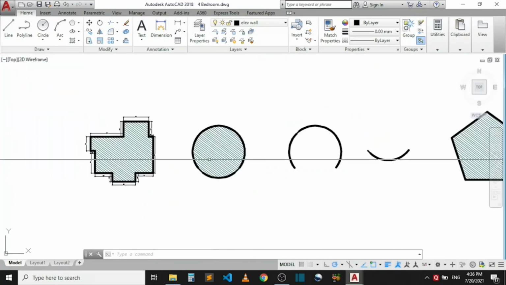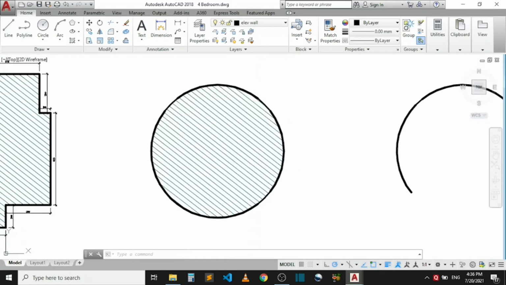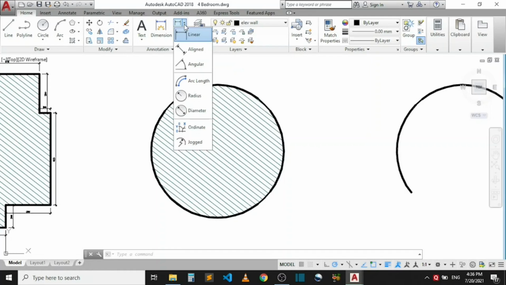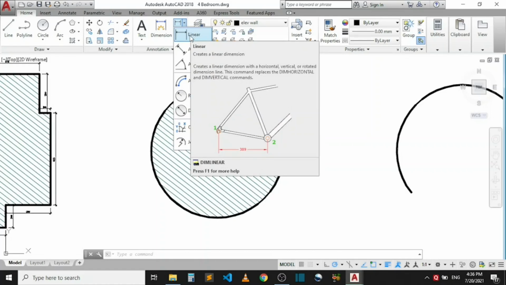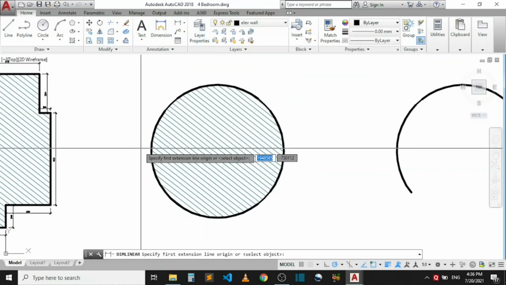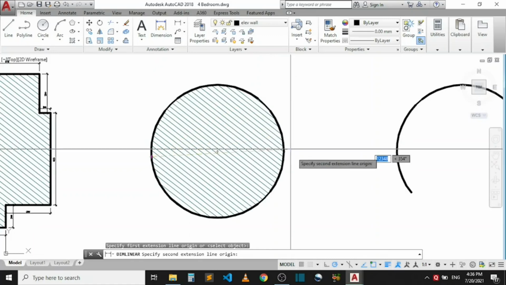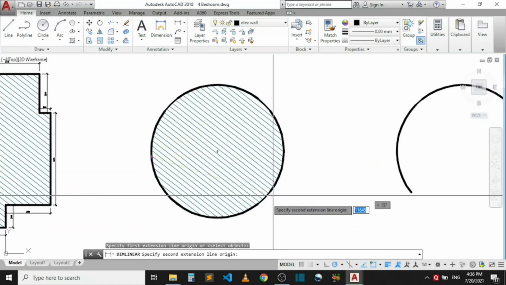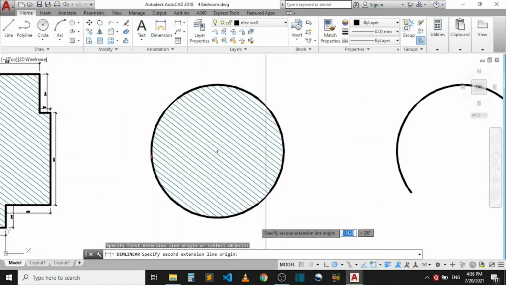Now, this next shape is a circle, okay? If I want to dimension a circle, let me go back to where I have my various types of dimension here. If I click on this little arrow, if I want to dimension a circle, it's not linear, it's a curve. So I can't use this particular one. Let me click on it. If I say I want to use it, I click here. You can see that it won't go around because the dimension is linear. So I need to pick another type of dimension.